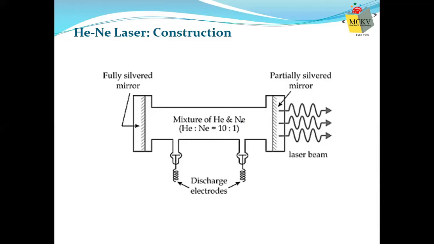How we'll understand. And here the population inversion, or better to say first, pumping. The pumping is done here by the method of electric discharge. Pumping means again you need to supply energy. So here what type of energy are you supplying? You are supplying electrical energy. There are two metal connectors, and whenever these two metal connectors are connected with a power supply, then you are supplying electrical energy, so that electric discharge will occur.